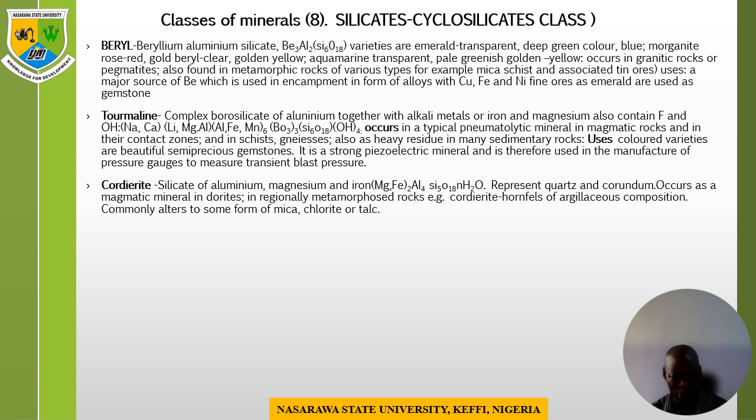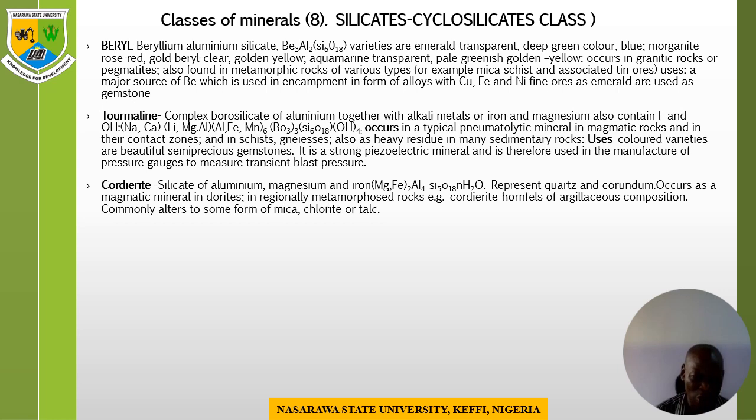Tourmaline is a complex borosilicate of aluminum together with alkaline metals or iron and magnesium. It occurs as a typical trigonal mineral in magmatic rocks and in their contact zones, in schist and gneiss, also in heavy residue in many sedimentary rocks. It is used as color varieties and beautiful ceramic gemstones. It is a strong piezoelectric mineral and is therefore used in the manufacture of pressure gauges to measure transient blast